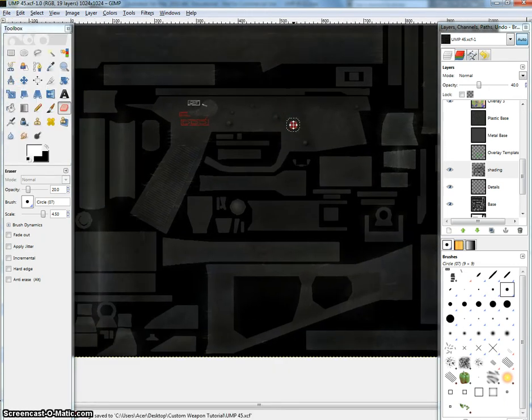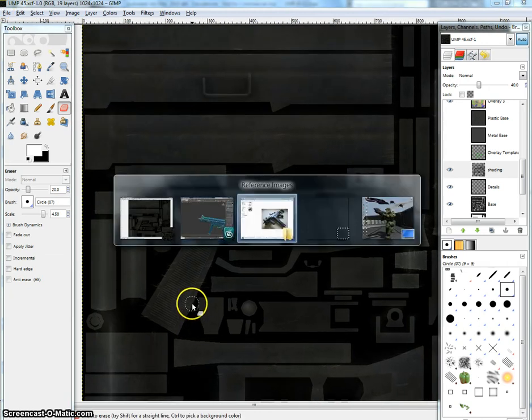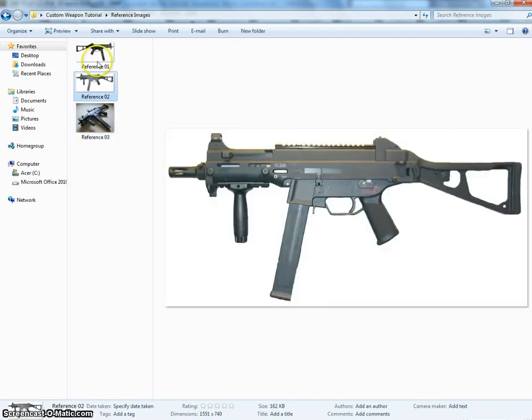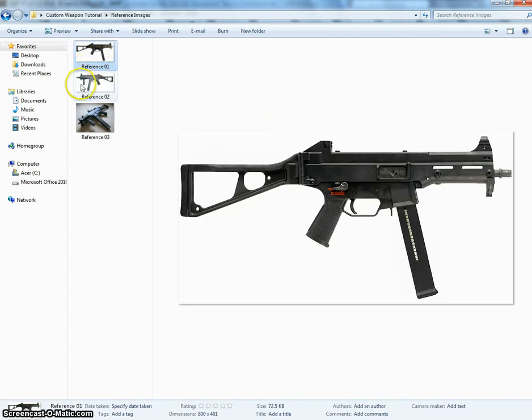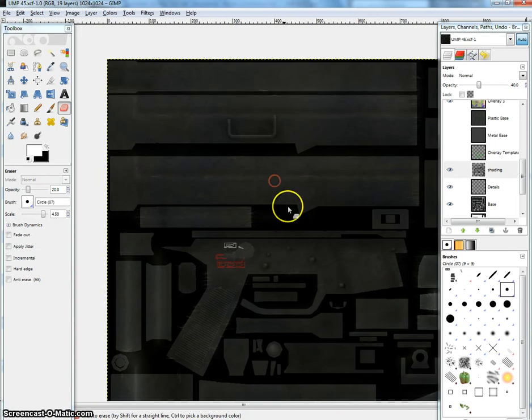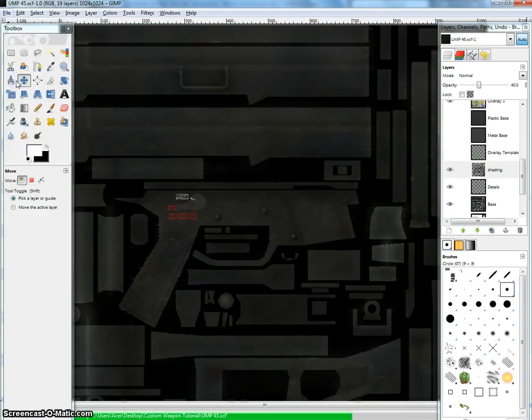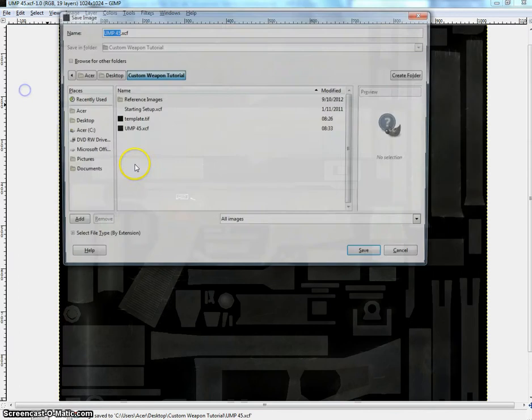So now there's some more details on the receiver here on the front that you can add if you want to. Really these holes should be modeled in, but for the tutorial, for the sake of time, I'm not going to worry about it. So make sure you save your project here in GIMP, and then save as